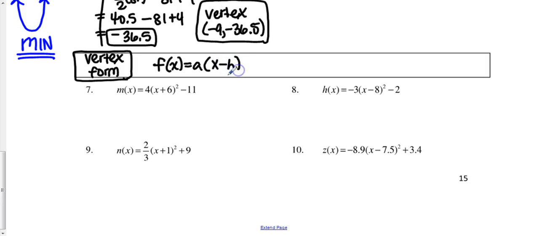In general, we have f of x equals a times x minus h all squared plus k. My vertex I get for free. I need to identify h and k. We need to remember, though,